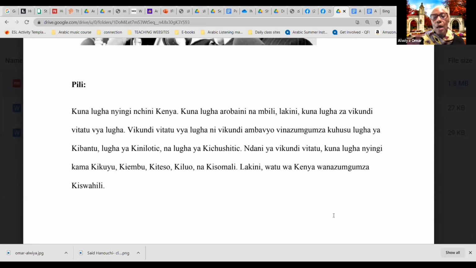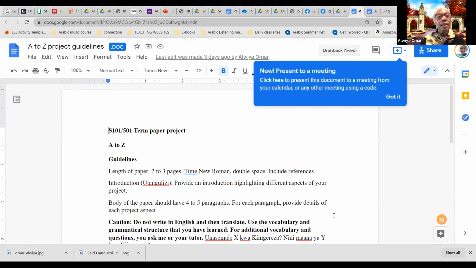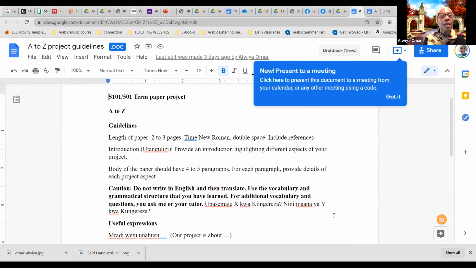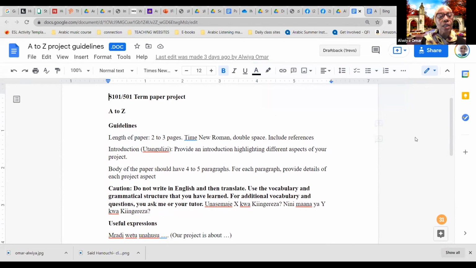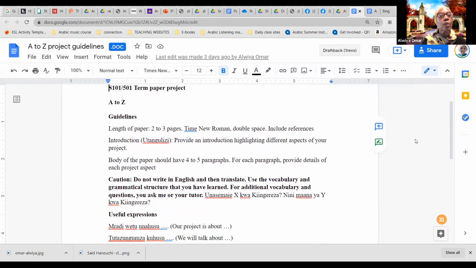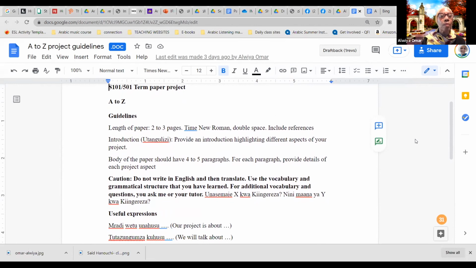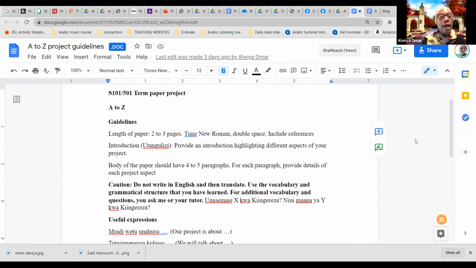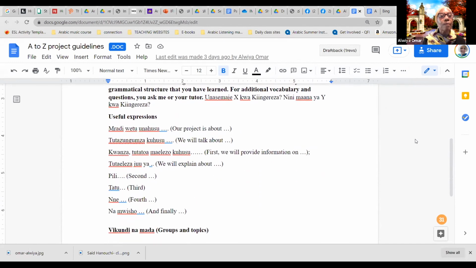So Iman, can we go to the guidelines that I gave? So here we have the guidelines. We ask them not to use English when they write. They should write entirely in the target language. I tell them the length of the paper can be two or three pages. And then I give them useful expressions to use, like for example,